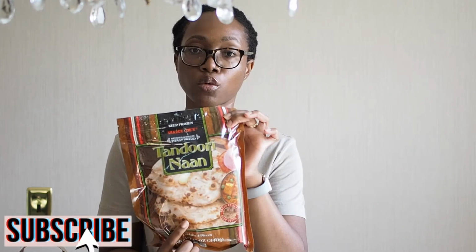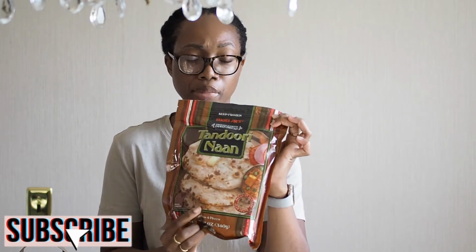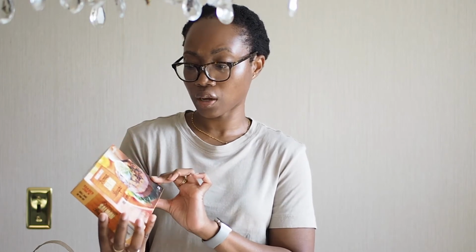These you can pair with the chana masala or the palak paneer or any Indian based food that you like. Next up, salmon burgers. These are really good. Somehow they're hard to find at regular grocery stores. I don't know why. But the ones at Trader Joe's is another pack of 4, and I normally fry these